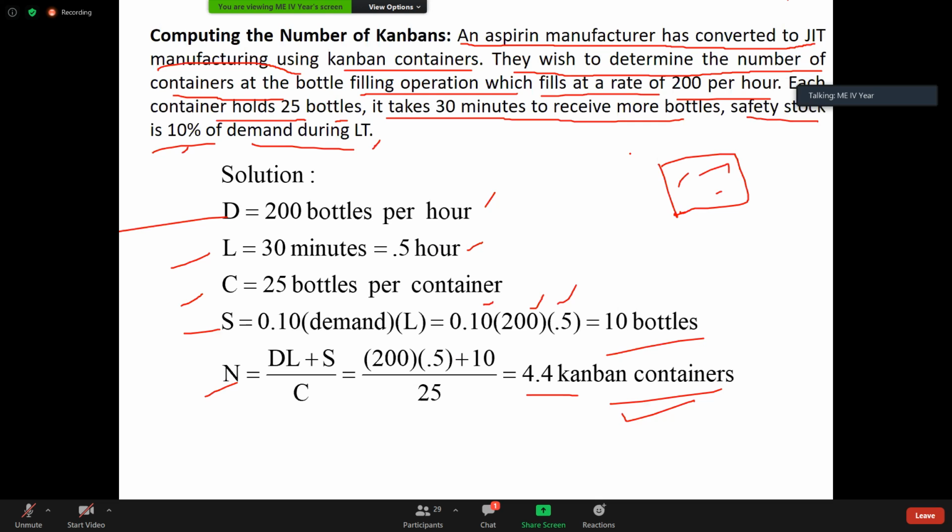Okay, my mic is muted. Okay, so this is a simple calculation. Anyway, I'll send this